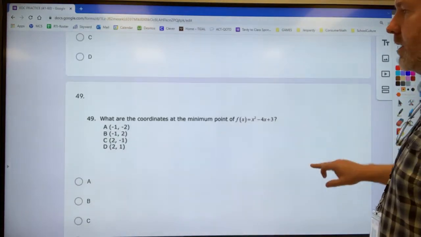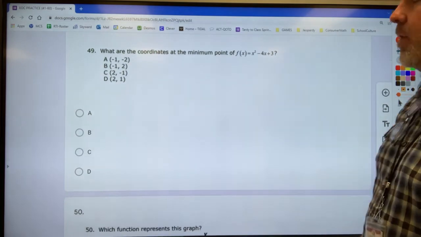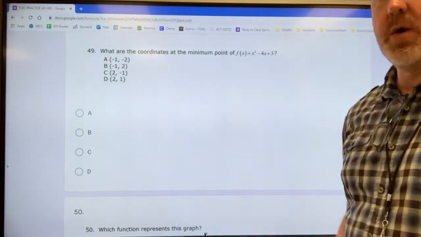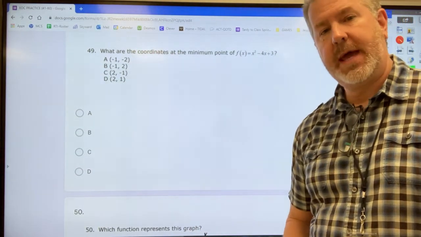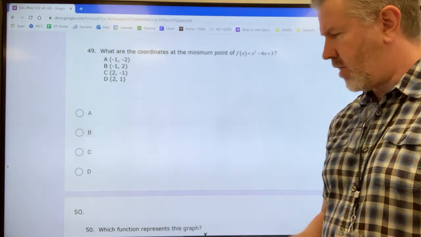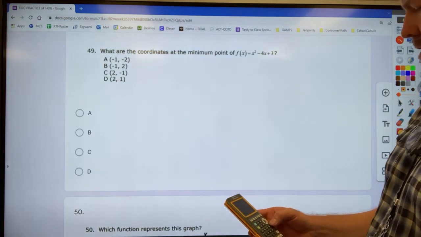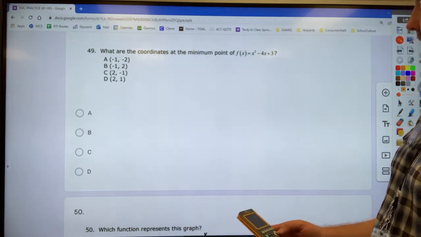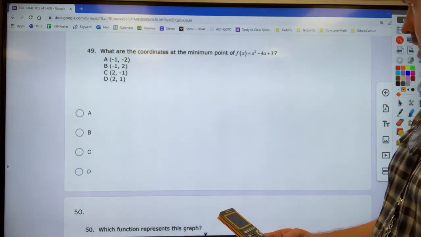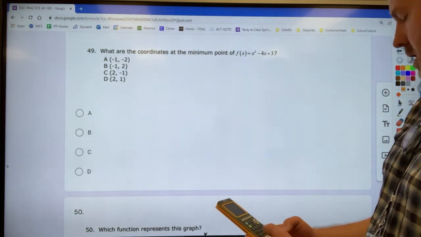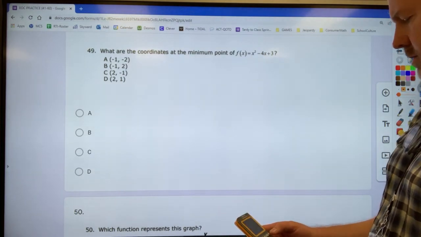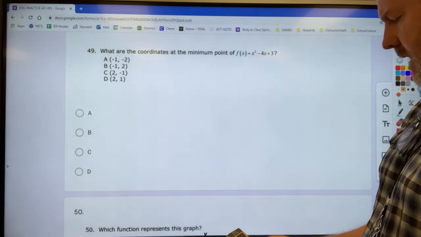All right, 2 more. What are the coordinates of the minimum point? You should recognize this as a quadratic. You should know that that's going to be a parabola. We can plug it right in our calculator. It's asking for the minimum. So the minimum is going to be the vertex. Well, that doesn't matter because the calculator, it speaks the language. So it's going to tell us,